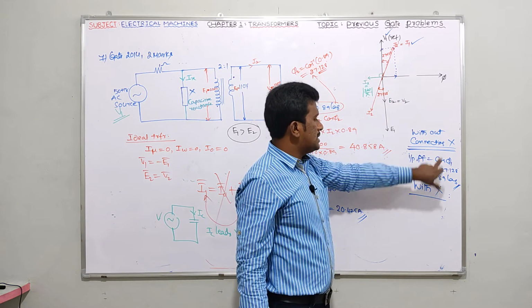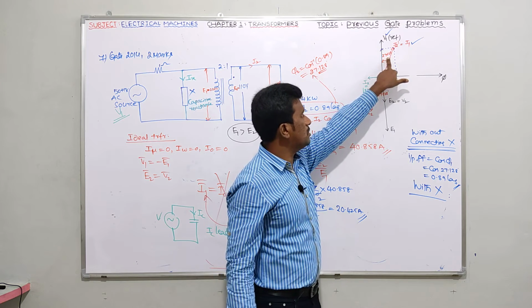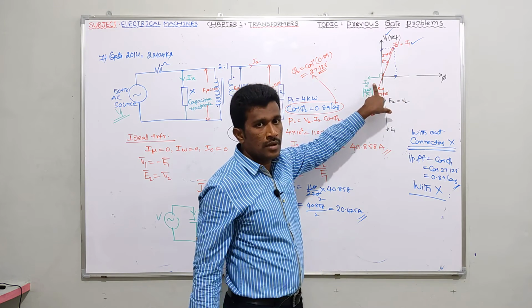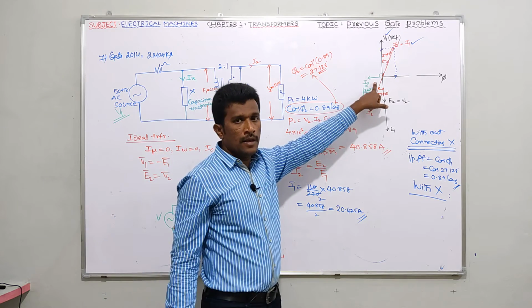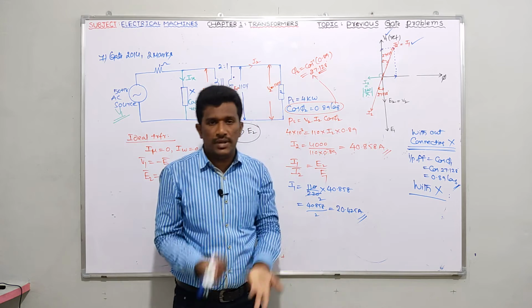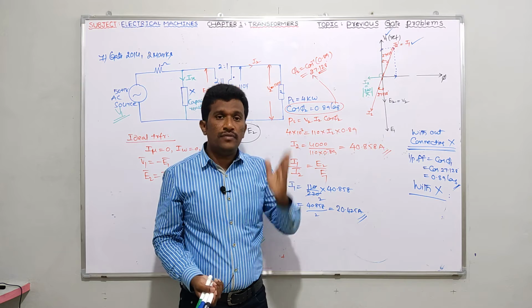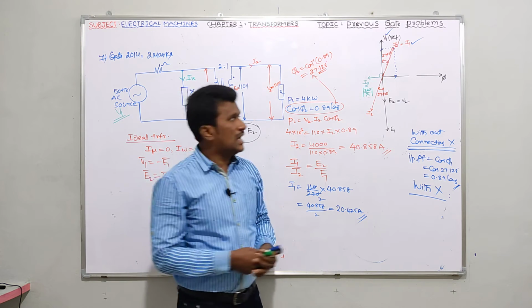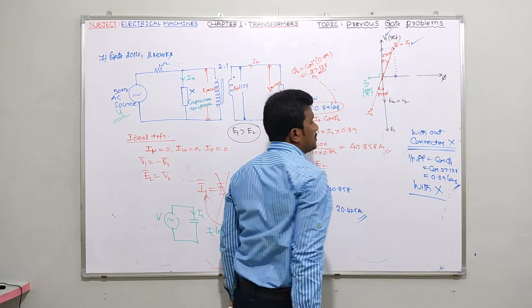Without connecting reactance, I said angle between V1 and I1, nothing but phi 1, is 27.128. Cos phi 1, cos 27.128, means 0.89 we are getting. If I connect reactance value here, Ix leads voltage by an angle of 90 degrees. Suppose you want to improve the input power factor to unity, the angle between V1 and I1 should be equal to 0. Then only cos 0 becomes 1, no? Then only the input power factor becomes unity.